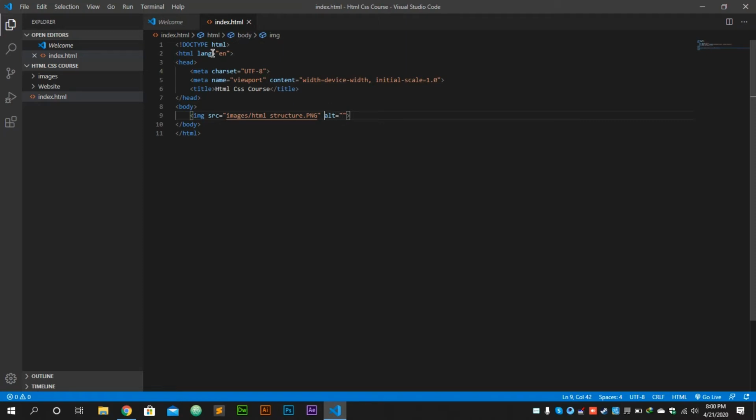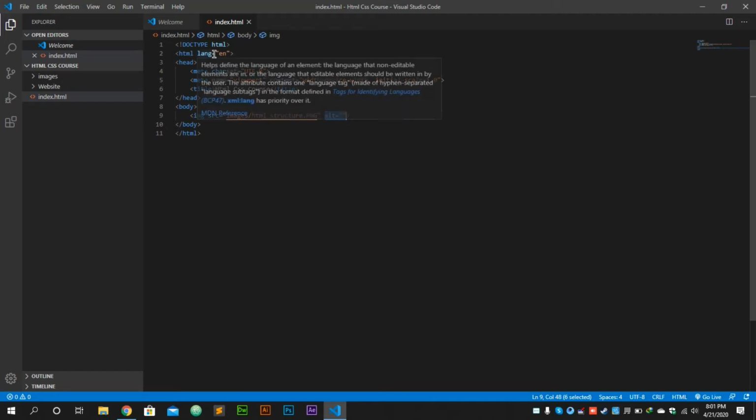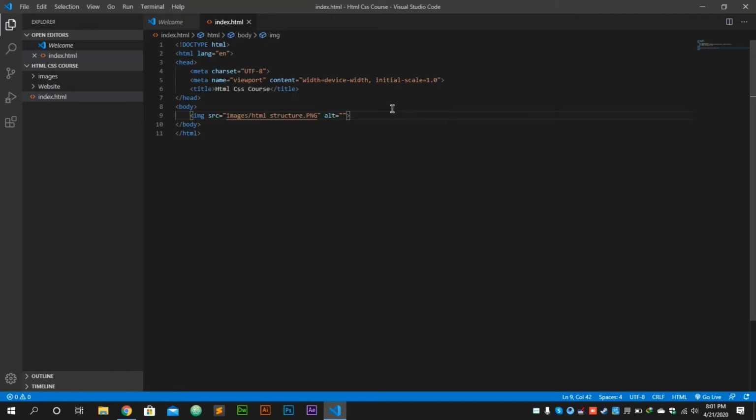Now there is another attribute, alt. Alt is the abbreviation for alternative text.